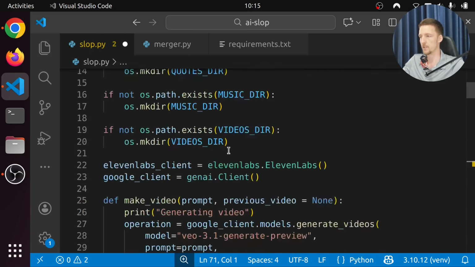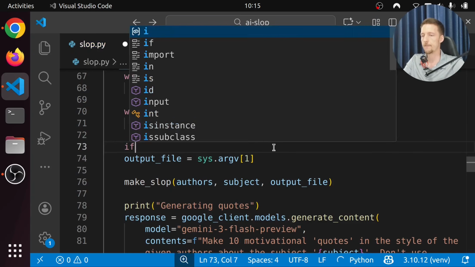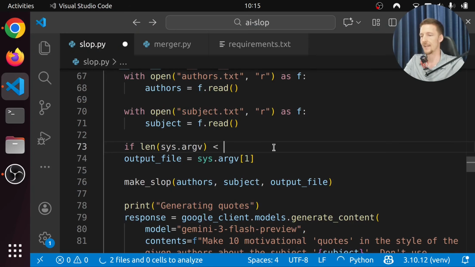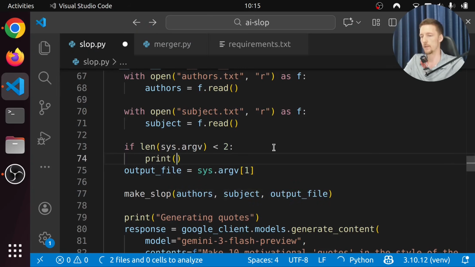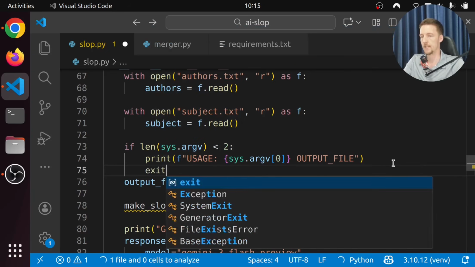And let's import sys. Import sys. And if the length of sys argv is less than 2, then we're going to print usage. And let's put sys argv0 output file. And let's do like that. And let's just exit.